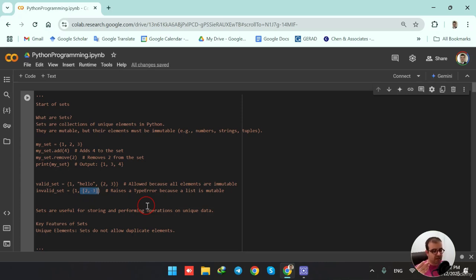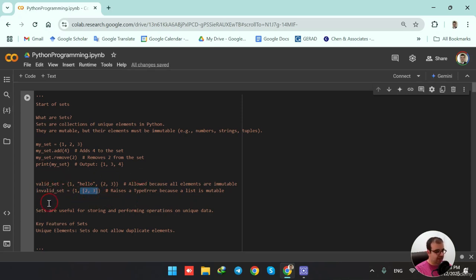Here we have one element as a list, so it will have errors because that element, a list, is now an element of our set and that element is modifiable. Therefore, there will be a problem. So we cannot integrate